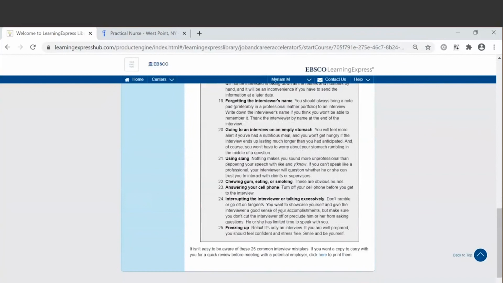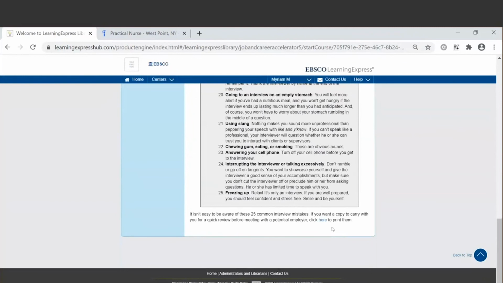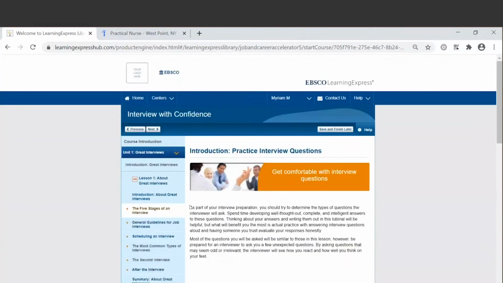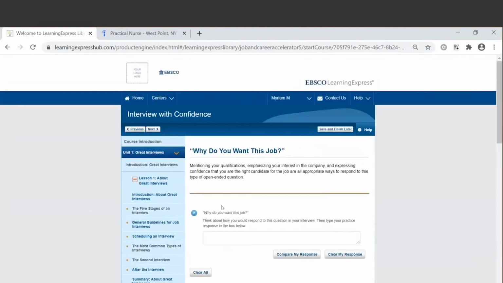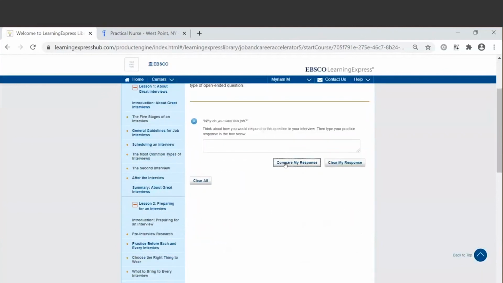So as you can see, we really drill down. If your users would like to print these tips also here, specifically, they can do so. They can print it, it will pop up as a PDF. But then also the biggest part of the interview process, the questions, such as, tell me a little bit about yourself. So here it goes into each of the questions and it will help your users not only understand why the questions are being asked, but also how to answer it.